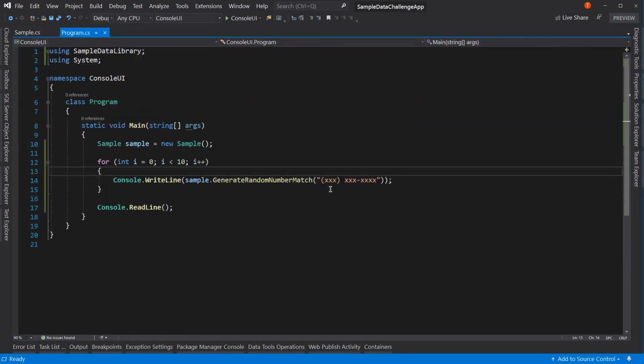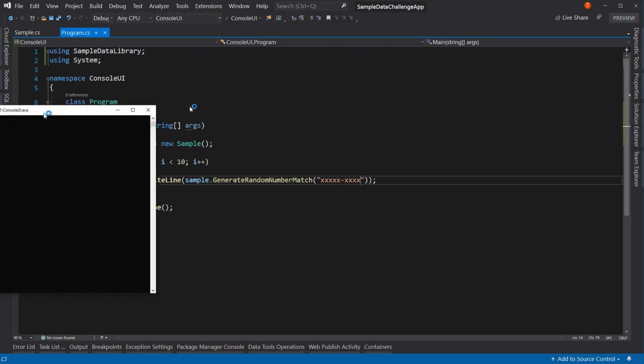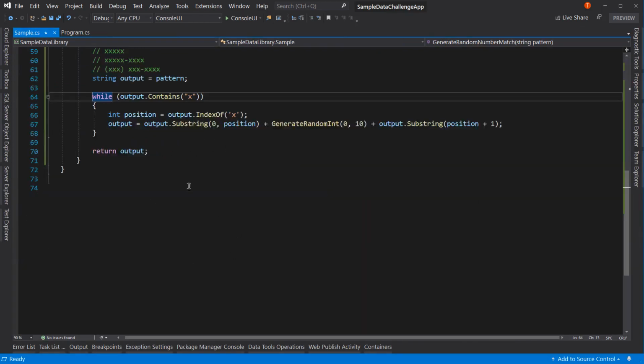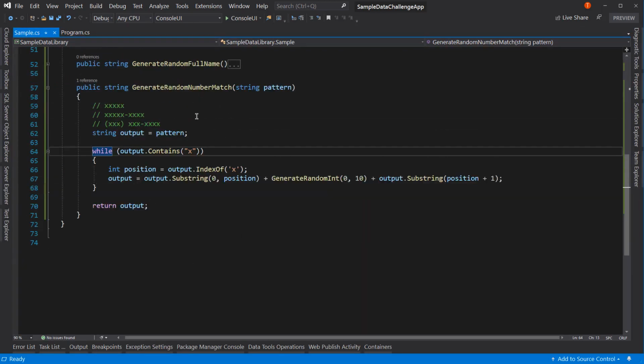If we change the pattern up and say, you know what, let's do a zip code instead, which is 5 X's and then 4 more after a dash. Let's run this. And there are some zip codes for you. So we've got this pattern idea down. This random number match pattern